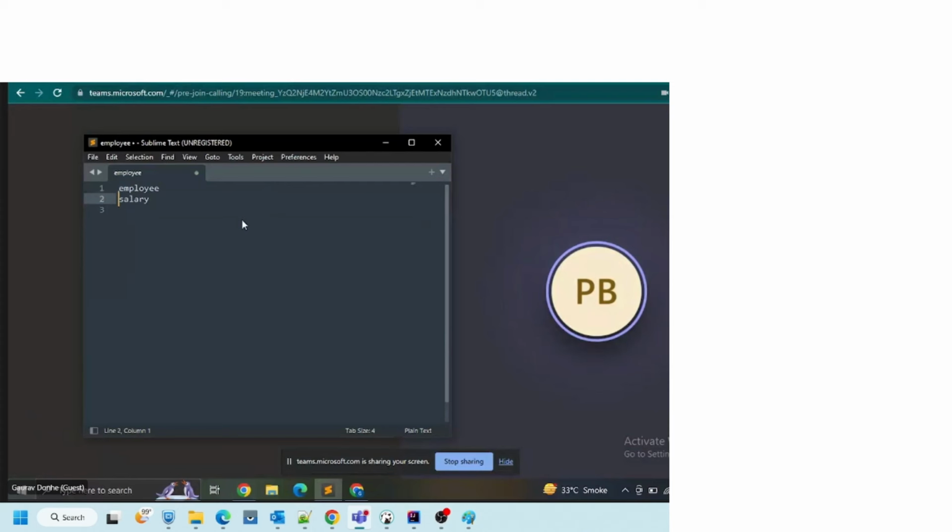Say employee is the primary key for this table, and I want to know which employee has got the maximum salary. Employee and salary are two different tables, correct? Employee and salary are columns of a single table. Okay. And you want to know the employee who has the max salary. Correct.